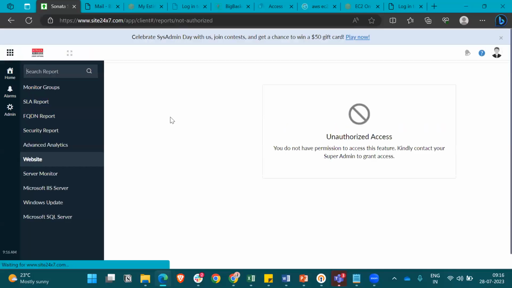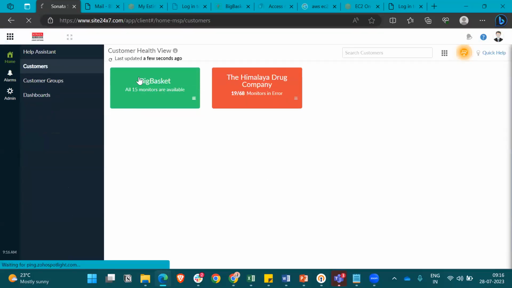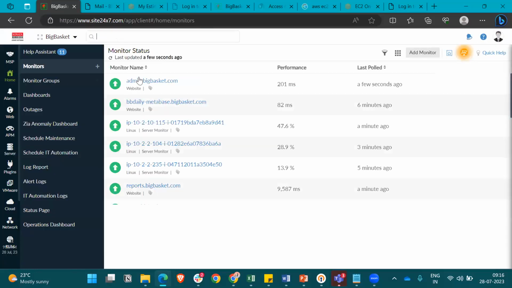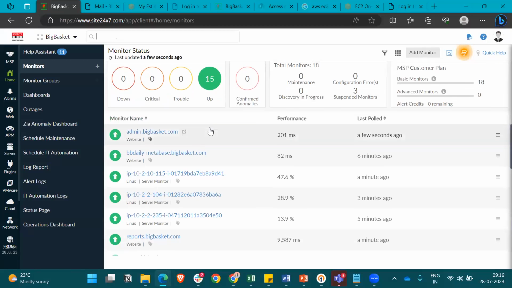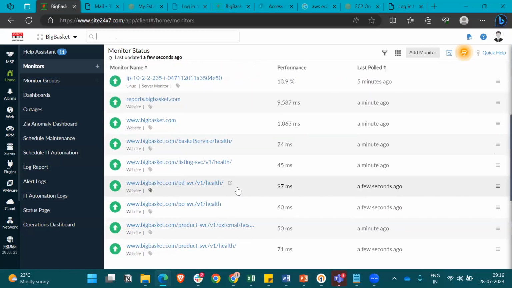We'll install an agent, and the agent will be capturing all the metrics to Site24x7. Can you see my screen? Yes. So apart from installing the agent on top of instances,